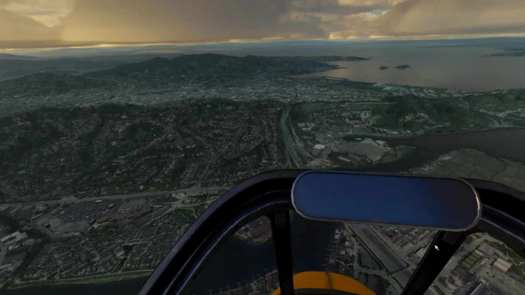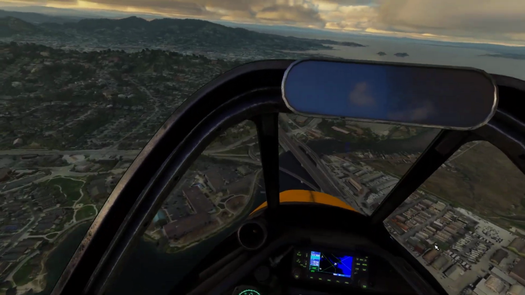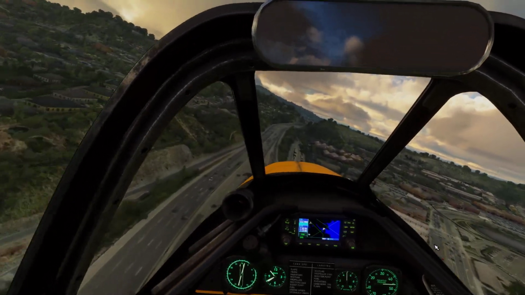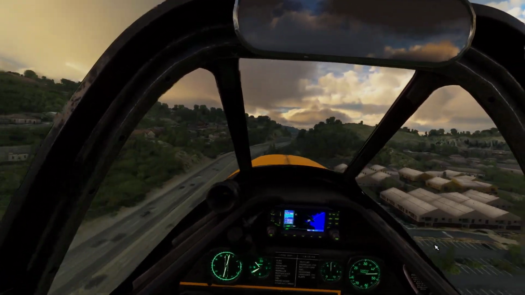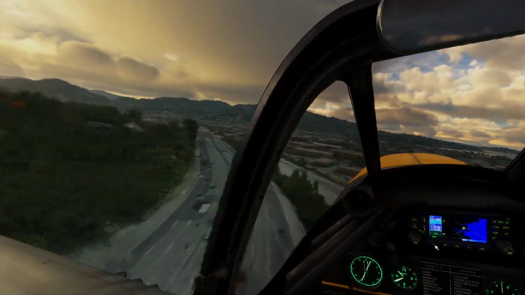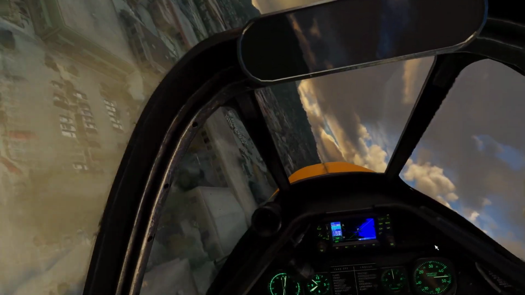Now, I usually don't fly with a lot of extreme weather, so I'll turn on some rain and thunder here and there. But again, these settings really don't bother it. Everything is super smooth